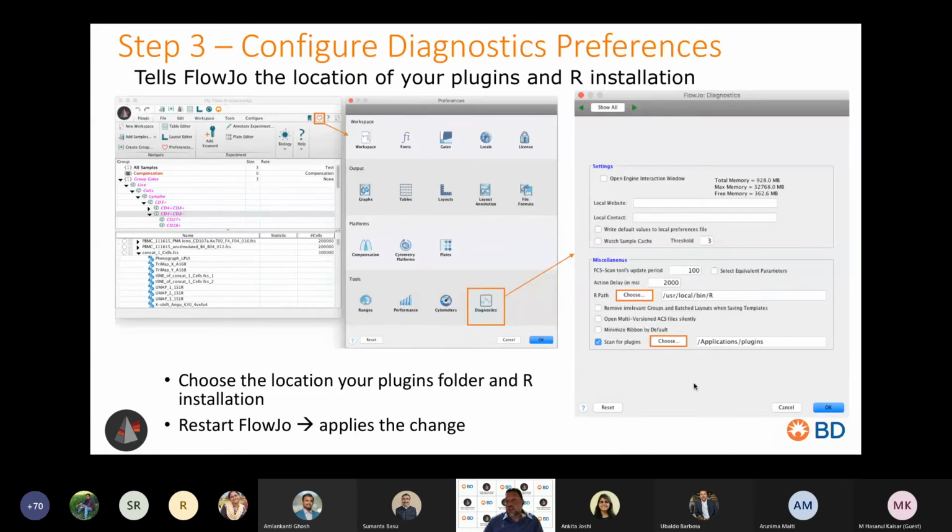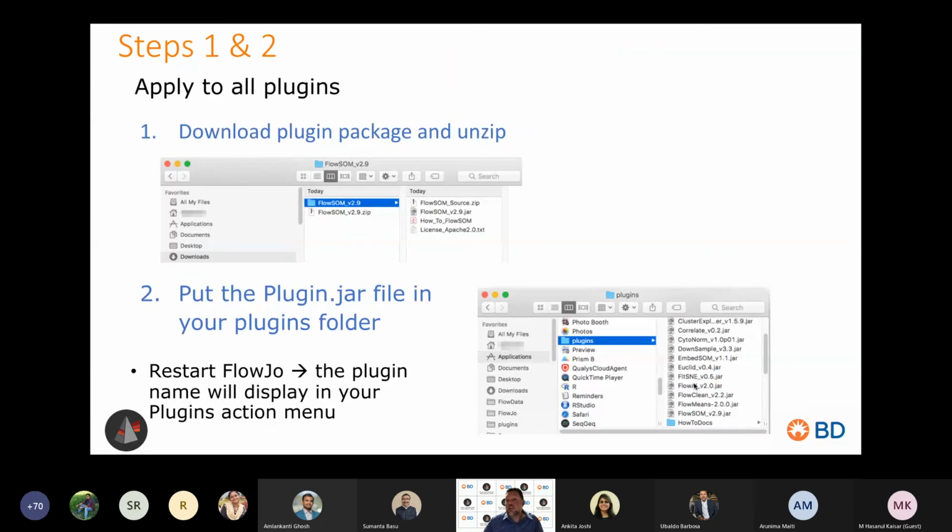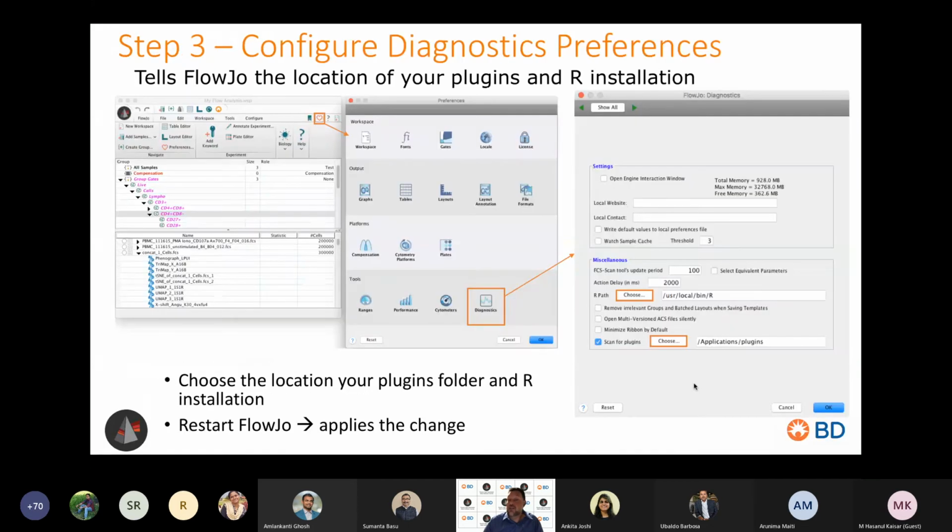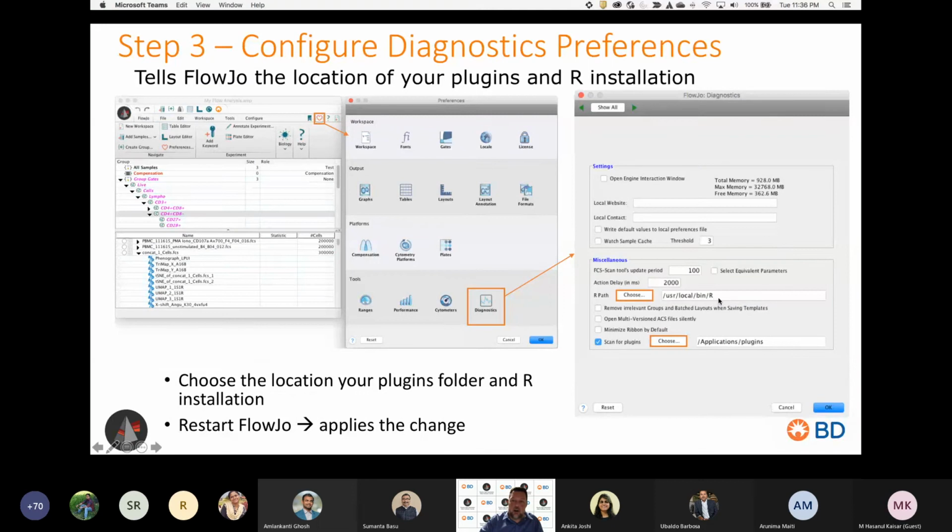To configure your diagnostics preferences, to show FlowJo where your plugins are and where your R installation exists so that we can call out to R and utilize R in the background to run some of these algorithms, you go to your heart icon within the workspace, diagnostics preferences, and then there's two lines that you need to fill in. You can just navigate to the location of your plugins folder and choose it by using the choose button, or you can type in the file path to get there, and you can set your R